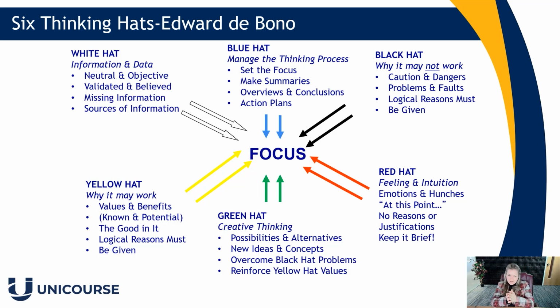You can use six thinking hats in a group or on your own. I mean, I've never seen it used on your own, but you can see how it could work. If you were to put on the green hat and write down loads of ideas, and then you were to say, red hat, let's have a little look at which one I think might work best. Let's put them in a priority list. And then you could say, well, let's look at the white hat and see what data and information is available that can give me some support for these. And give me an optimistic view of them. But then let's put on the black hat and think, okay, well, what risks are there? So you can actually do it yourself, but I've seen this used really, really well in action learning, and